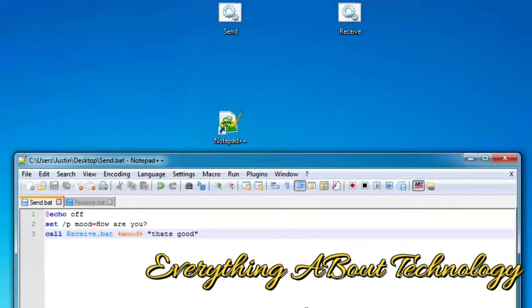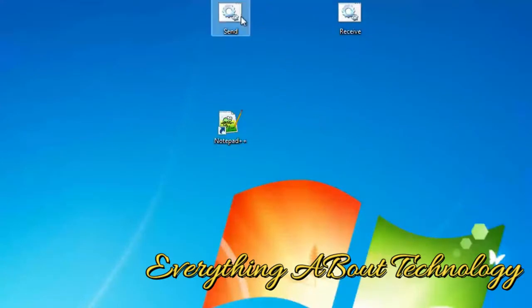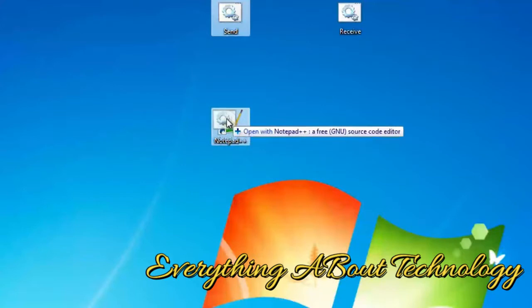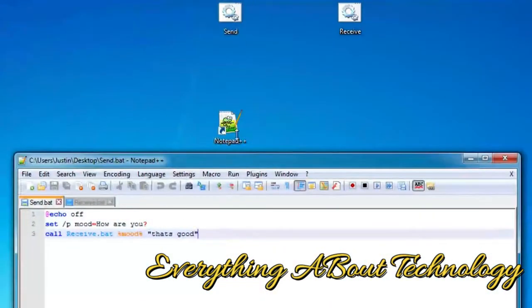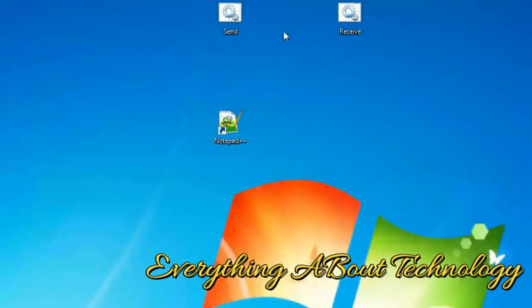But here on Technology Crazy, just like always, we like to explore the possibilities of what we learned. So not only can you just send text and variables, you can also have this really cool thing, and I'll show you. It's easier than demonstrating. For example, if I take my batch file and I drag it onto this Notepad++ icon, it will actually open that batch file in Notepad++. And this is a feature built into many programs. Now we can actually do that with batch. So whatever we drag on the batch file, it will take the file location,